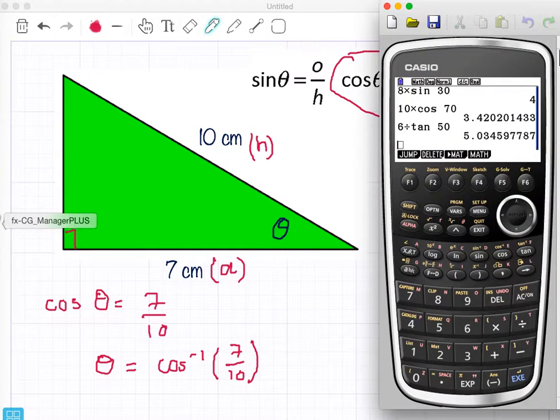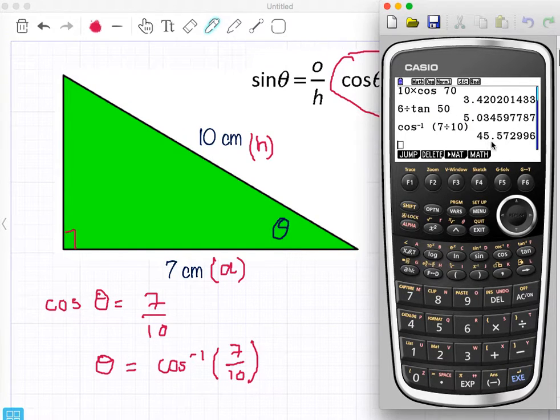Let's go to our calculator. I'm in degree mode already, and if you look on the sine, the cosine, and the tan, and this will be the same with just about any calculator, just above it you've got sine to the -1, cosine to the -1, and tan to the -1. So I want the opposite of cosine. I want cosine to the -1. So on this one it's shift, yours might be second, and then press the cosine, it brings this up, and I'm just going to put this into brackets to be doubly sure,